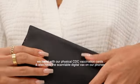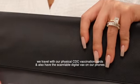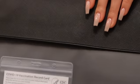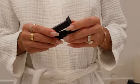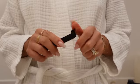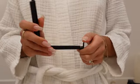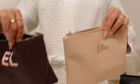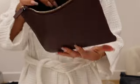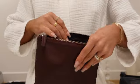So we started traveling with this folder in the new world. So basically we have our vax card. I also bring chip clips when I travel because there's a higher probability I'm gonna be eating snacks at one point. And then I also take two of these bags in my carry-on, and one side just has all the